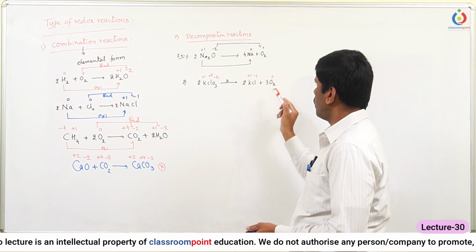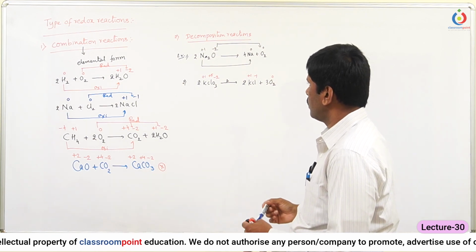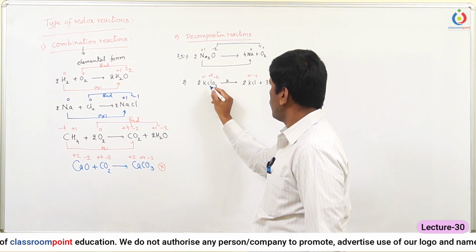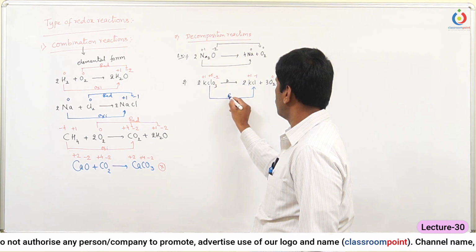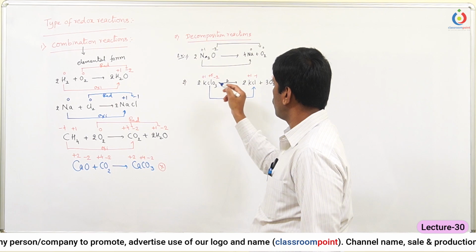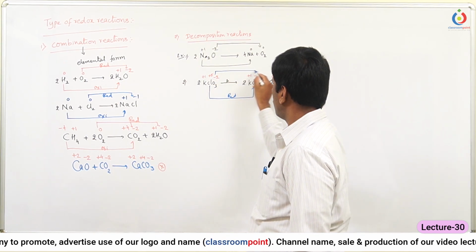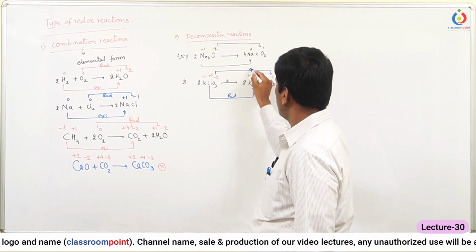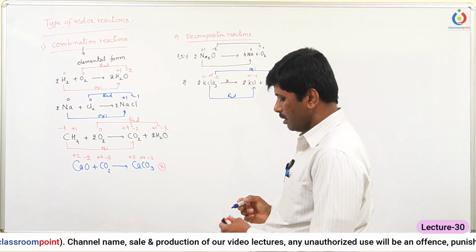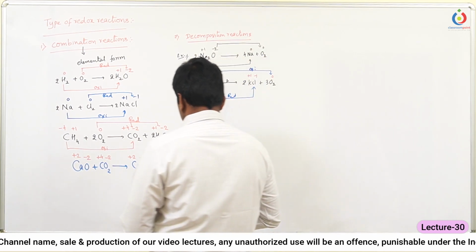So one of the products is in the elemental form. Here chlorine oxidation state is reduced. So in this reduction process, chlorine gets reduced, whereas oxygen oxidation state increased from -2 to 0. So oxygen is oxidized. Let us see now